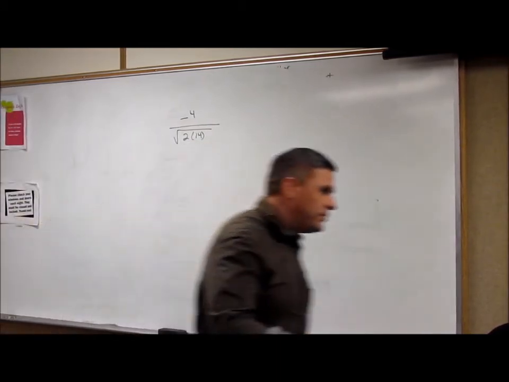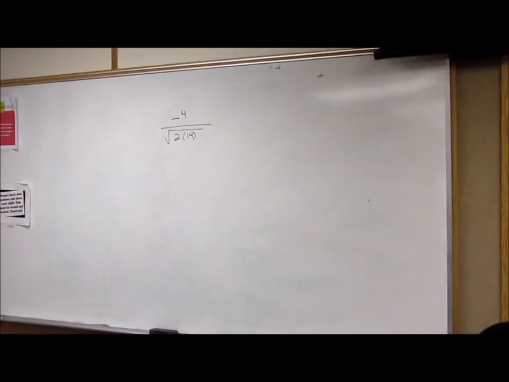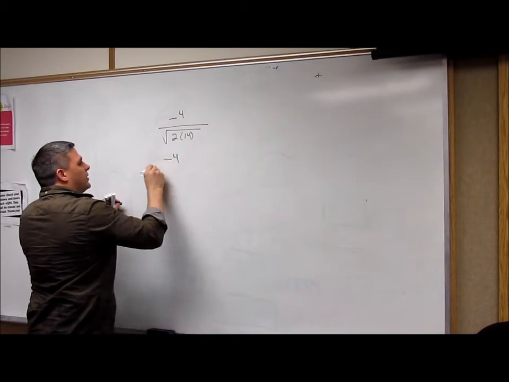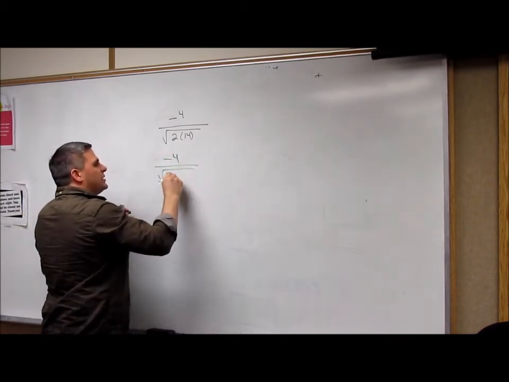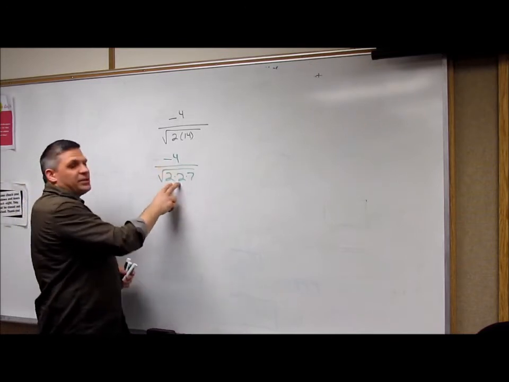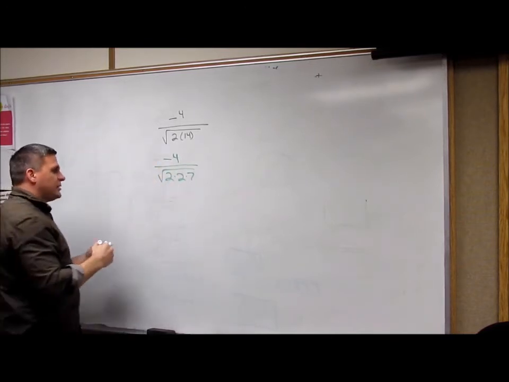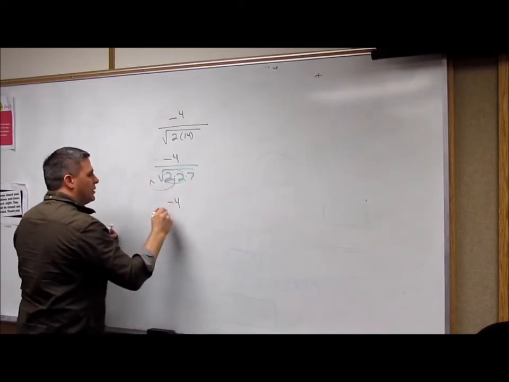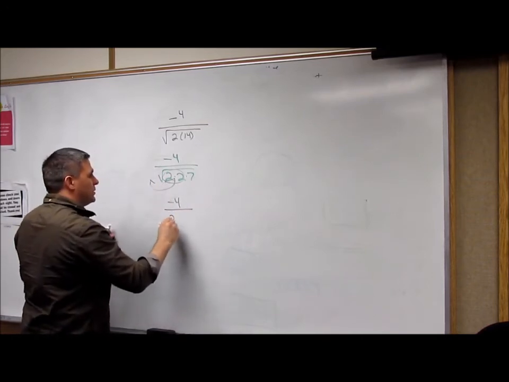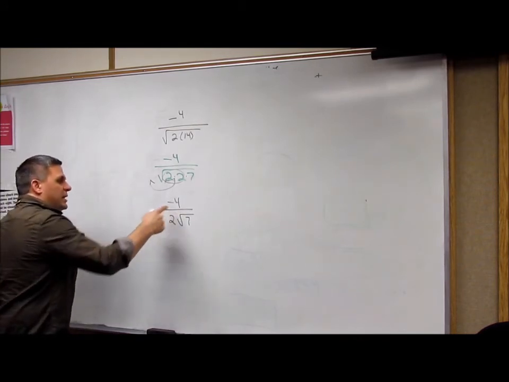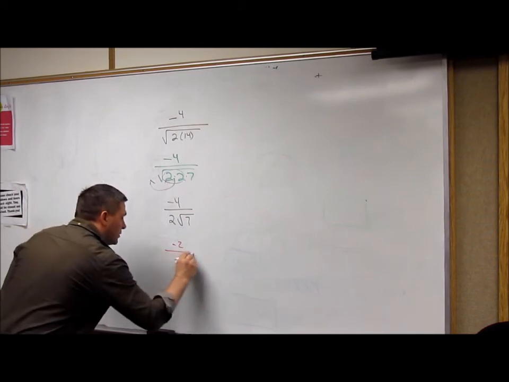Alright. Let's grab some of my colors. Alright, so now what I really want to think of this is negative 4 divided by the square root of 2 times 2 times 7. Because I want to be able to pull anything out of the square root as I can. And the square root of 4 is 2, but I can also think of it as trading 2 for 1 outside the box. So I pull these out, and I've got negative 4 over 2 times the square root of 7. And here's the thing, negative 2 goes into negative 4 negative 2 times, right? So over the square root of